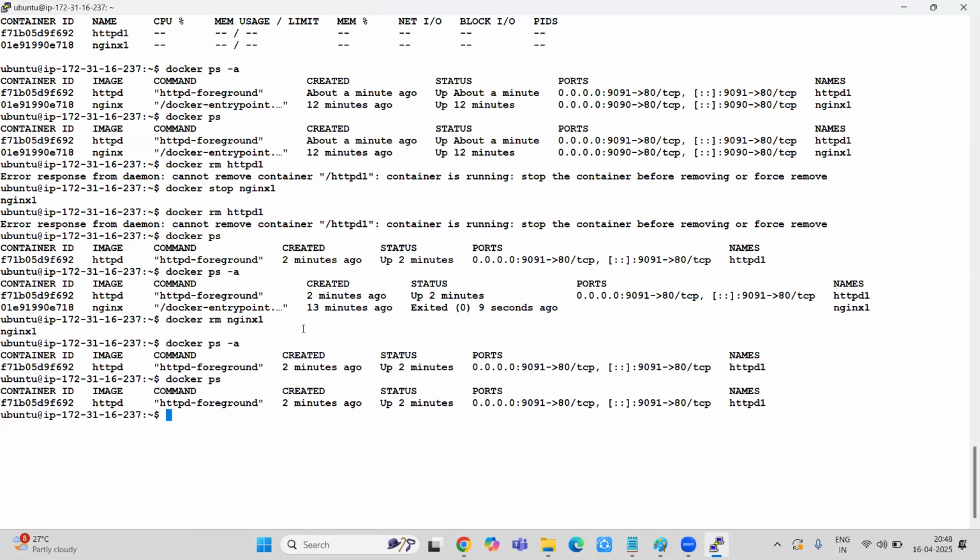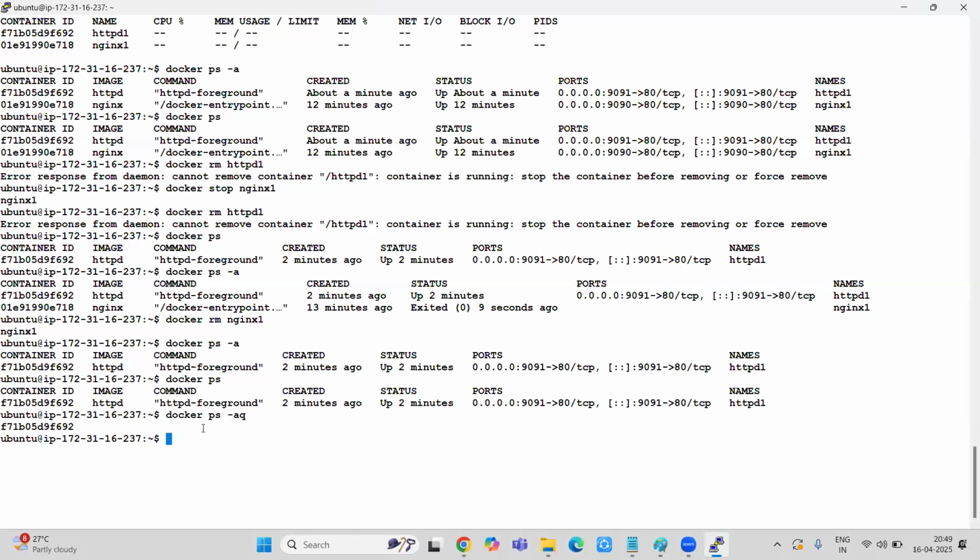And there is one more command. We cannot delete a running container, and that's not a followed approach. But we can remove it by using Docker rm -f, that is forcefully. This works in one way. Also, we have one more command called kill, which is what we covered in today's session. But it is not a recommended approach. Still, if you want to kill something forcefully, it's like when we delete a file or directory, we use forceful recursive. And apart from that, we'll also learn how to list only the IDs.